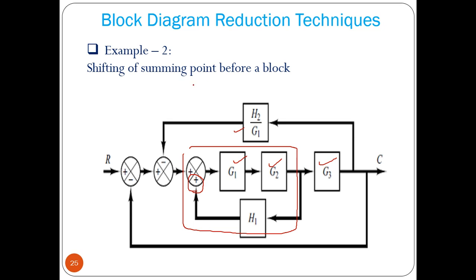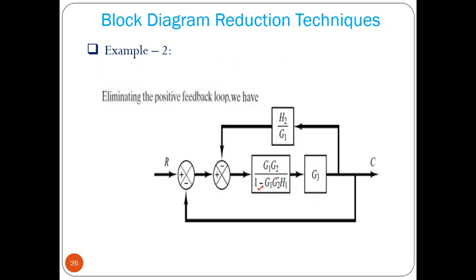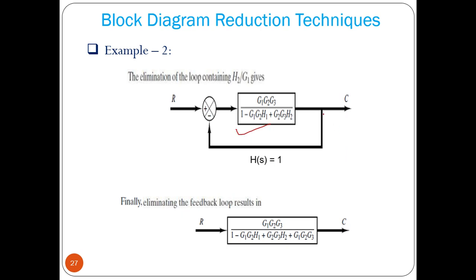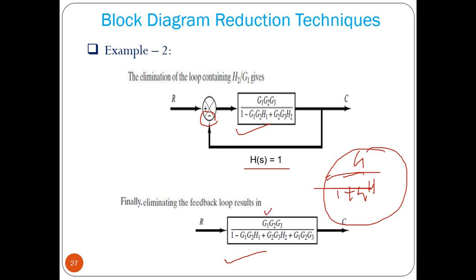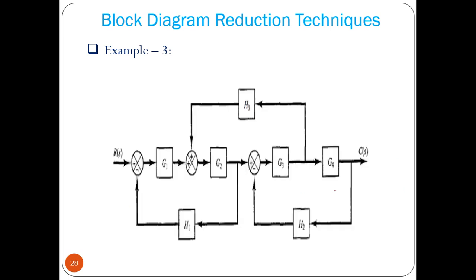That comes in series with that. Then these two come in negative feedback with this value. These two come in series with each other, so you have to multiply, and then this will be your G. Then we can apply the formula G divided by 1 plus G into H, so we will get this value, and we have this negative unity feedback. So we can apply the formula G divided by 1 plus G into H and find out its total transfer function. This is how we can solve this problem.